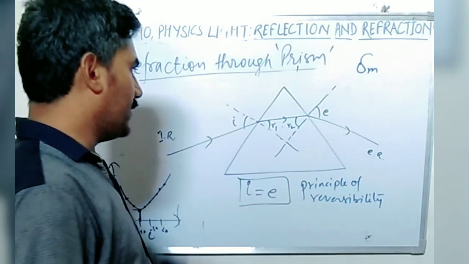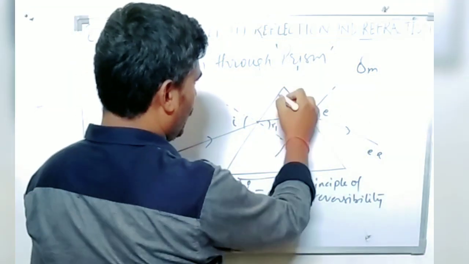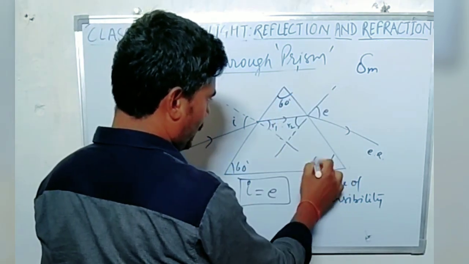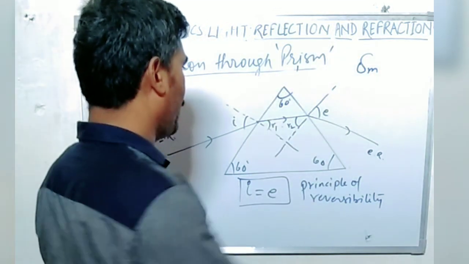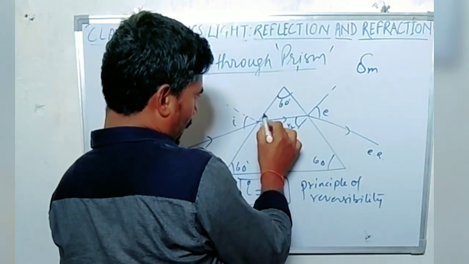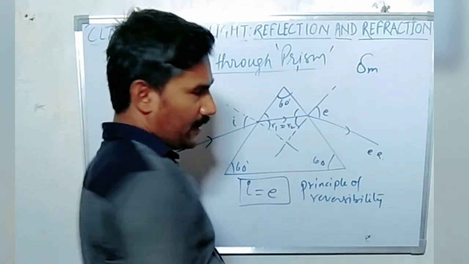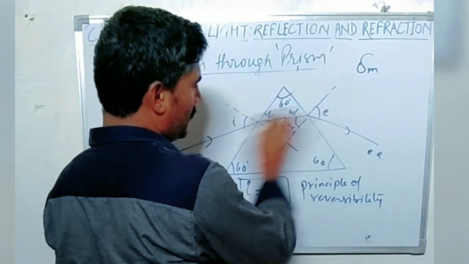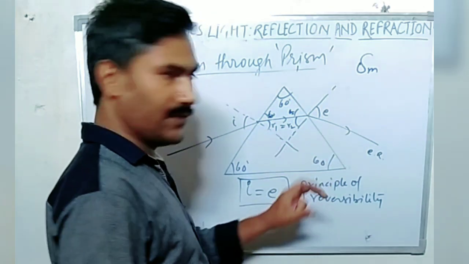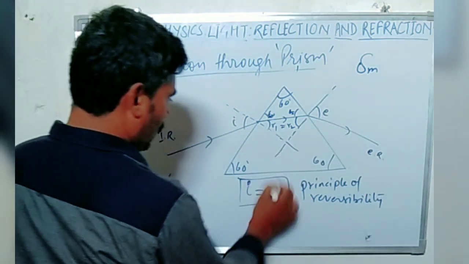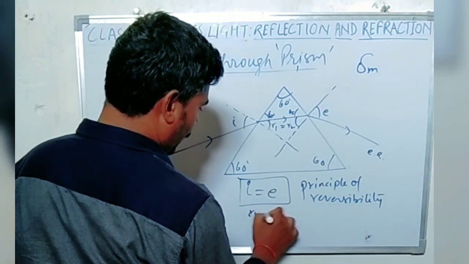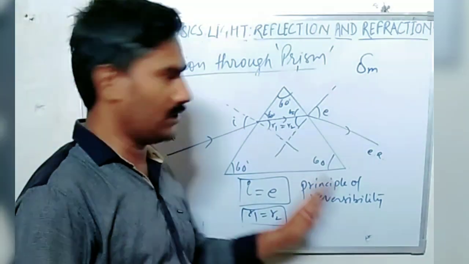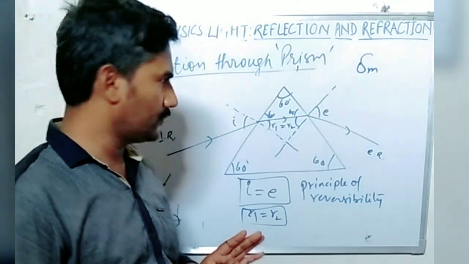By the principle of reversibility, we have this, and suppose we have this regular prism, and this is 60 degree, this is 60 degree, or any other angle which is regular. This will be equal, so this angle will also be equal to 60 degree, so this becomes parallel, as we have discussed. Now, if I equals E, then R1 equals R2 also. The angle of refraction 1 equals the angle of refraction 2.